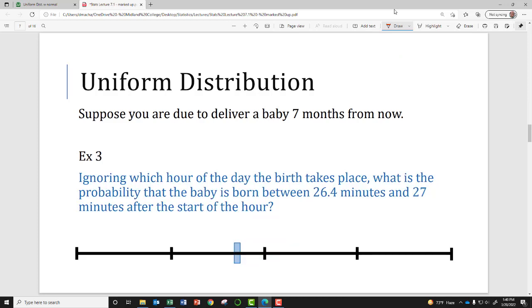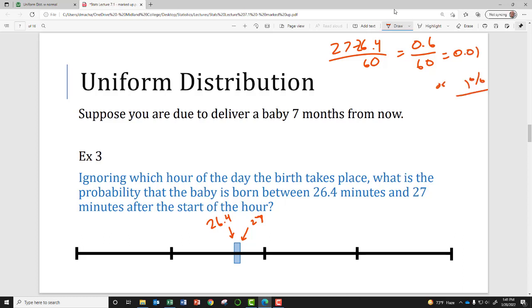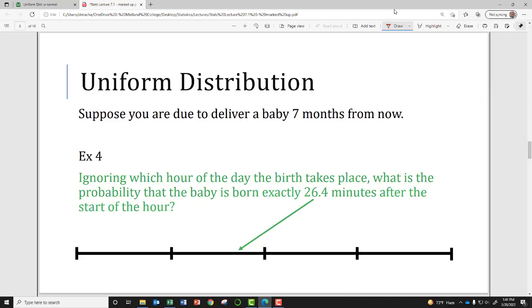What about this? So our little interval is shrinking, it seems, because now I'm concerned about between 26.4 and 27. Now the width of that interval is going to be 27 minus 26.4, which is 0.6. We divide by 60, and we get 0.01, or like just 1%. So this little slice represents 1% of the whole interval. So there's a 1% chance that your baby is going to be born between 26.4 minutes and 27 minutes during the hour, right? Now we ask the question,